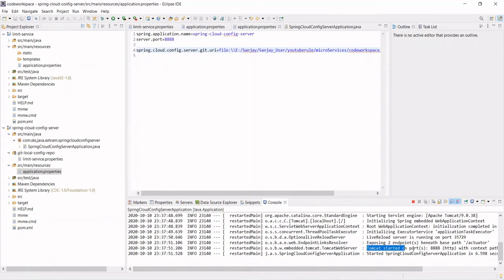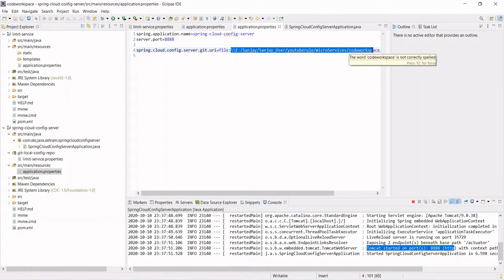Yeah, now see, Tomcat got started. So make sure you are providing the proper URI path of your Git repository. So this location can be your remotely configured repository, and since we have put it locally, I am giving the location of the local Git repository.